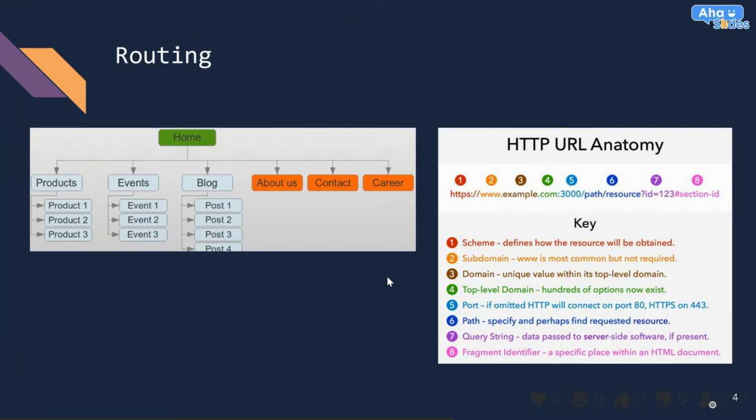Either this IP address or any of those things that I wrote in the chat. Any of those would route you to localhost, and then the colon and the port. And now what comes after that is the path, which is like a folder structure. You can have as many of them as you want, and go as deep as you want. So I guess there's no surprising new information for you there.